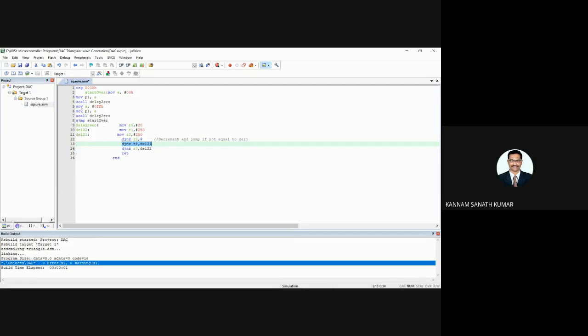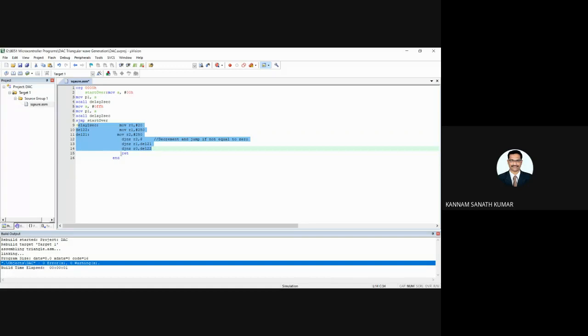And next what you are doing, after the delay function there is a return instruction. Return instruction means where will it come? It will come to the next instruction, wherever you called with the absolute call. PC will be pointed to this instruction: MOV A, #0FFH. That is the maximum value. Again, whatever the maximum value is, you are moving into port 1. And ACALL DELAY. Again it will go into this delay function and execute the total delay function.